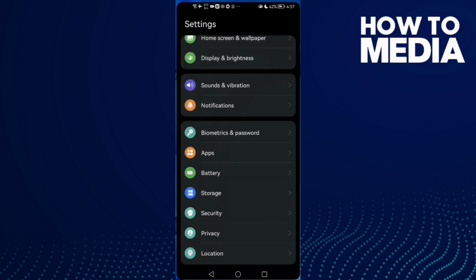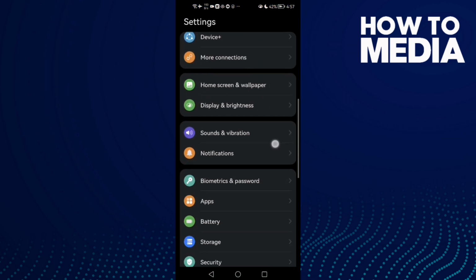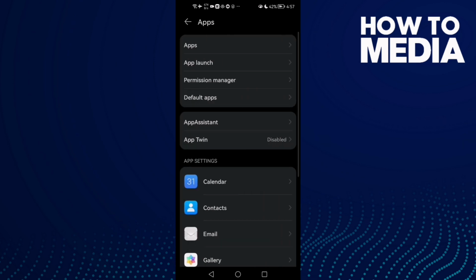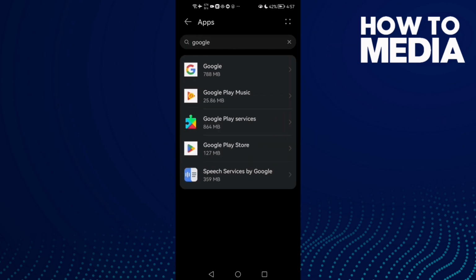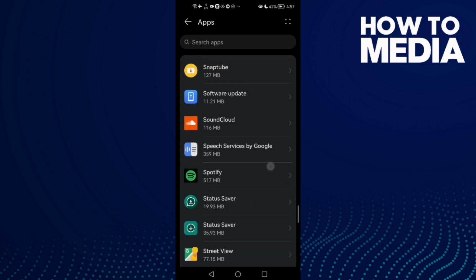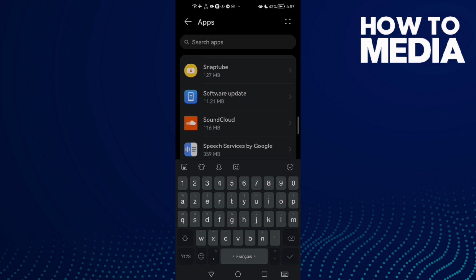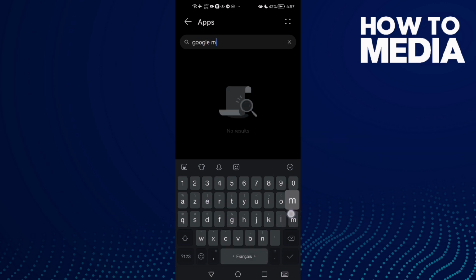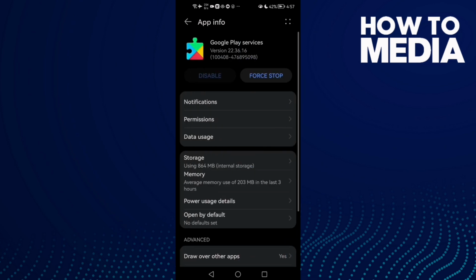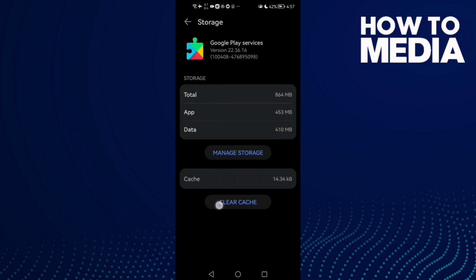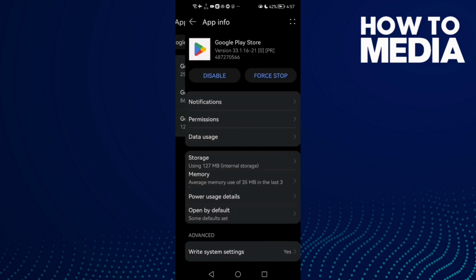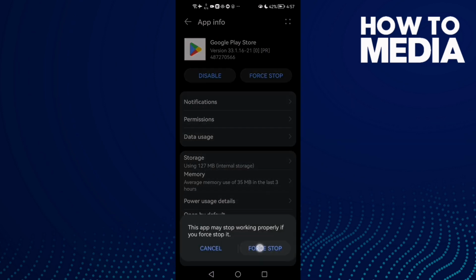First open settings and then scroll down until you find apps or applications and then click on it again, and as you see here you will find all your installed apps. Now just type Google Play, and here we'll find Google Play services. Click on it, go to storage, clear cache, and now go to Google Play Store and click force stop and